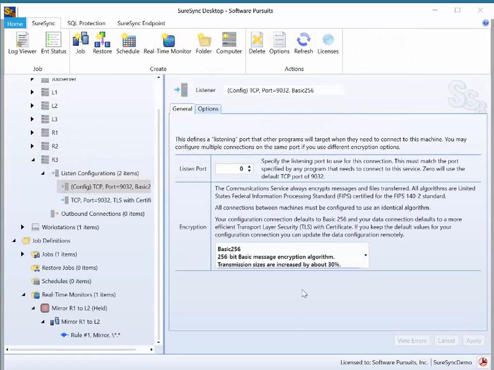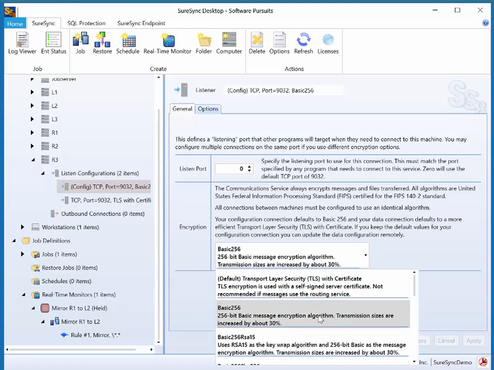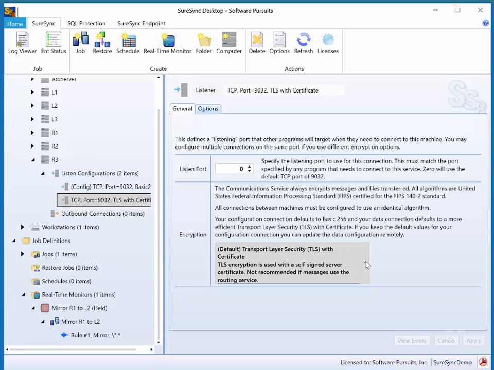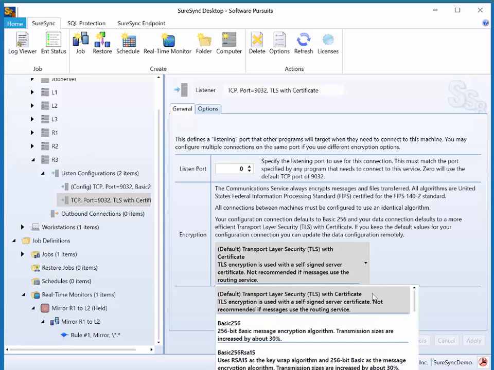All transmissions by default are encrypted. There are different encryption algorithms that we use. Some are more efficient than others. In our configuration and status connection, we default to basic 256. Now this increases transmission sizes by about 30%, but that's not significant on this particular connection because very little data is actually transferred. On our data connection, we use TLS, which is transport level security, kind of like SSL, and that is a much faster means of transmitting because the amount of data that's actually put on the wire is less than with the other